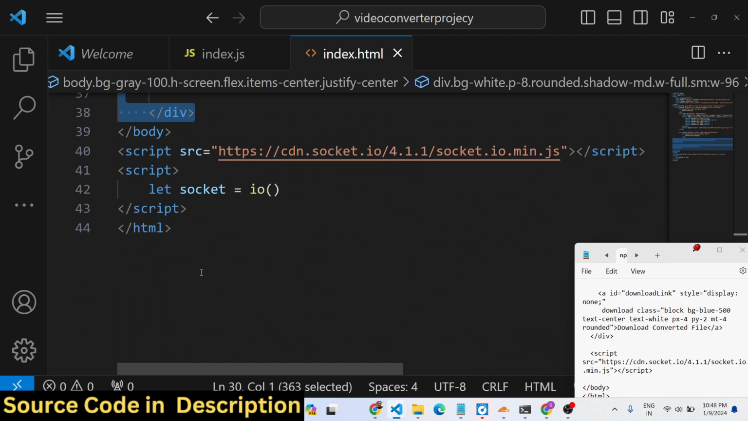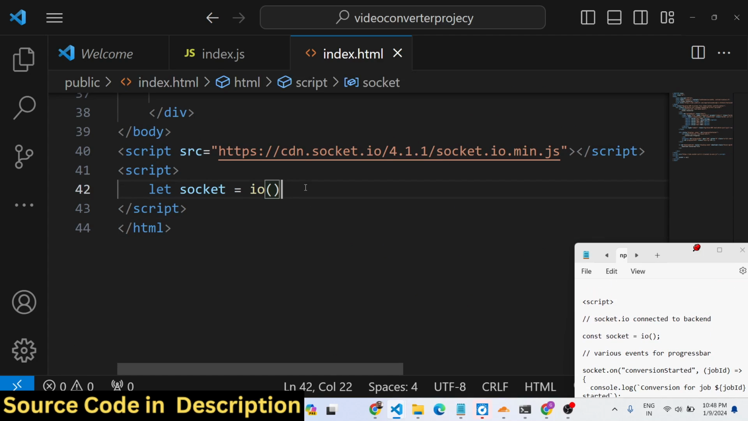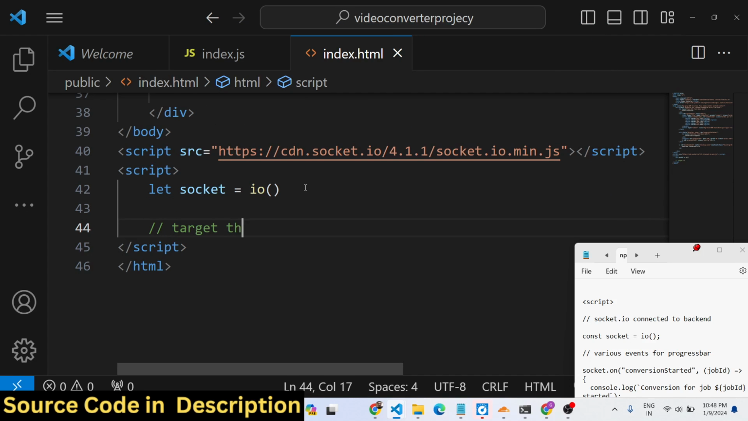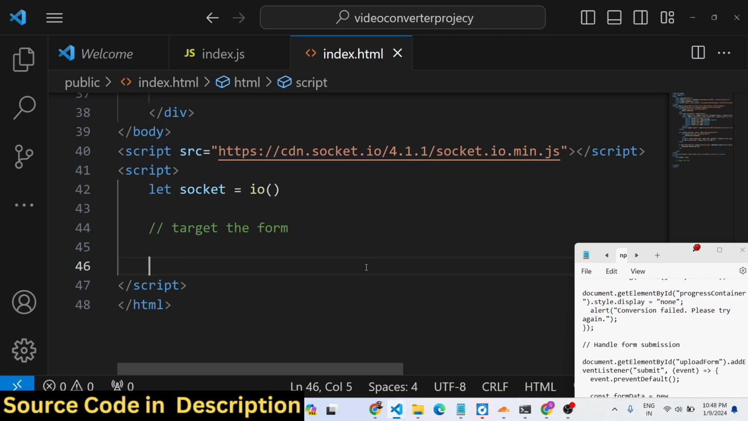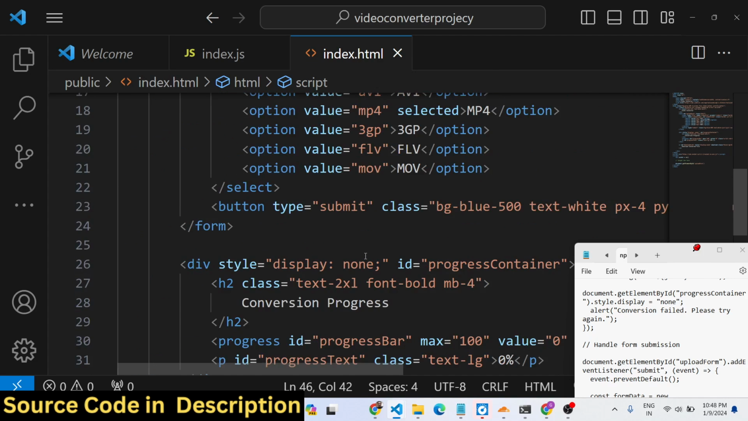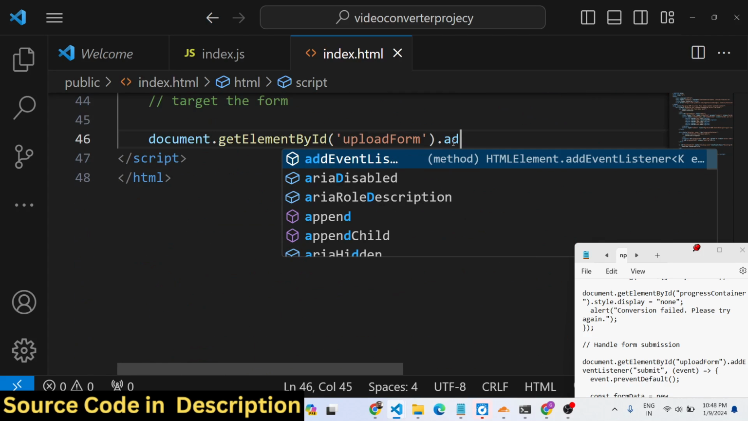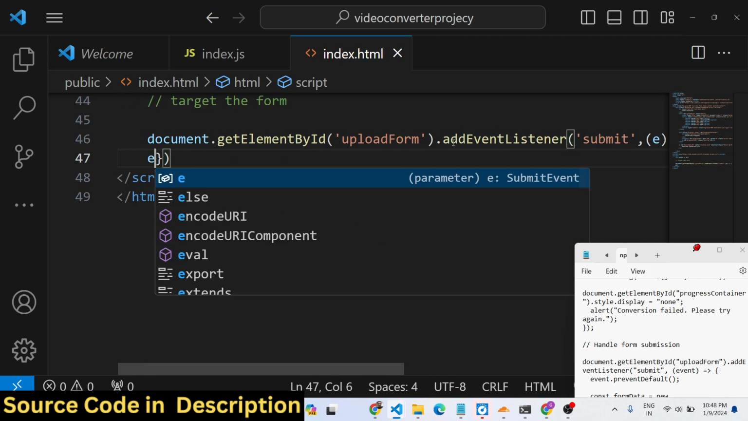That's all for the UI, and now we will actually write our JavaScript code here. So here we will actually target the form element. So for targeting the form, guys, basically we will use document.getElementById, and we have given the form an ID, uploadForm. If you check, basically we have given the form an ID here, uploadForm. So we are just targeting it, and we are attaching an addEventListener. So whenever the form submits, guys, this callback function will execute,